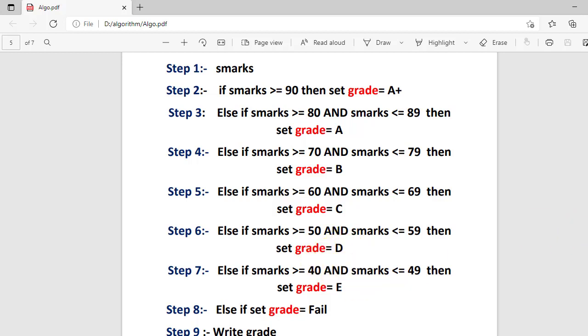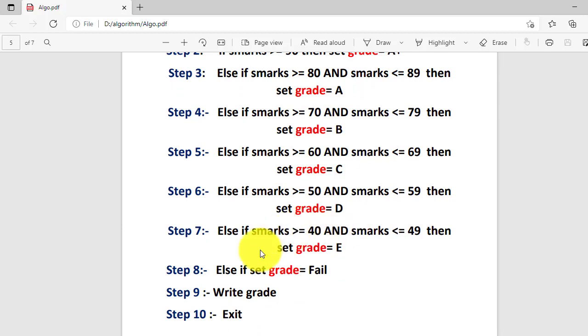But if the student obtains less than 40, anything less than 40, because suppose the system user enters 35, so 35 is less than 40 and it doesn't fall on any of these conditions, then the system will automatically assign the grade fail. So in this case the system will generate output against that.